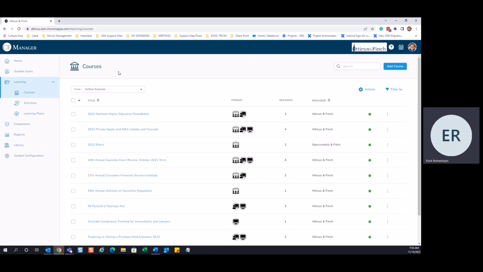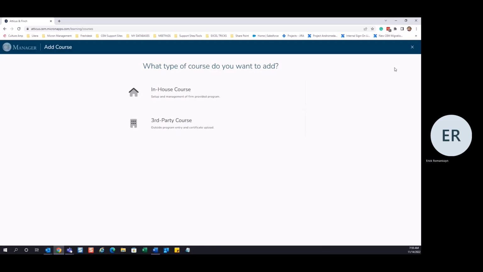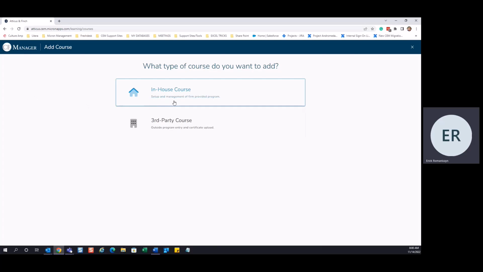We're going to start our journey with the courses by adding in a new course first, then coming back to this screen to show you the different filtering options. To add a course into the system, we're going to click on Add Course from the upper right-hand corner. The first step is to tell CE Manager the type of course you're going to be creating. We're going to choose In-House Course,